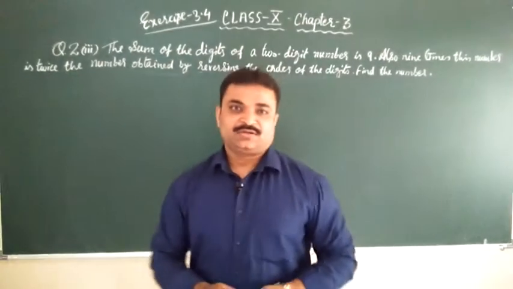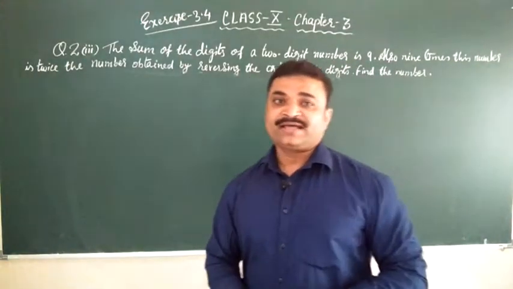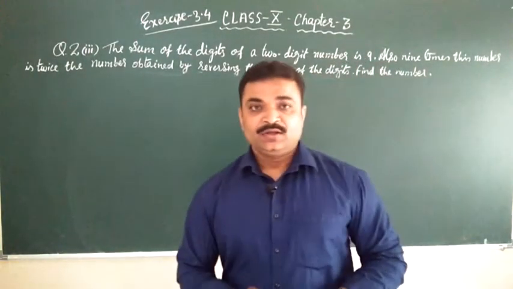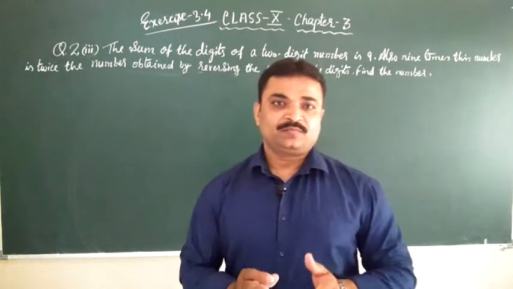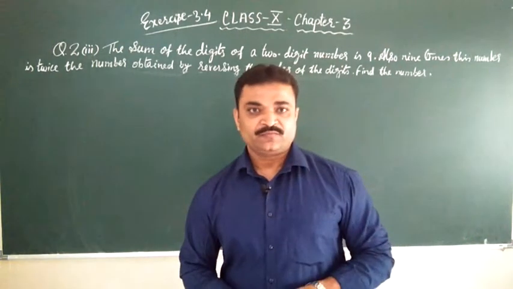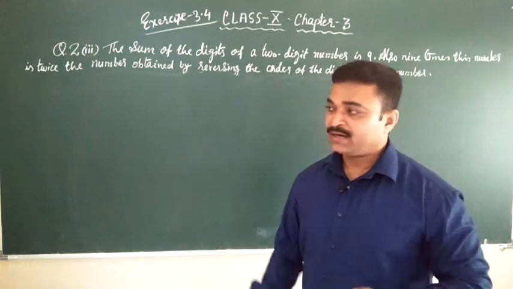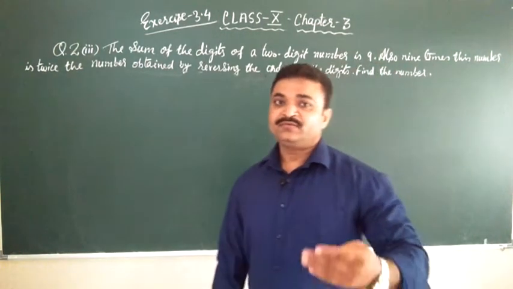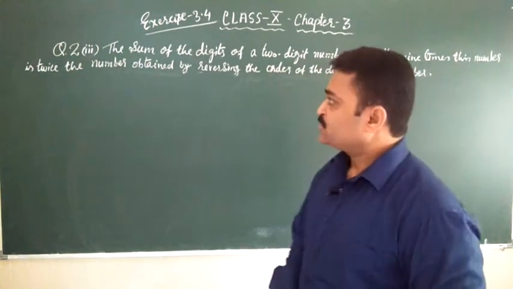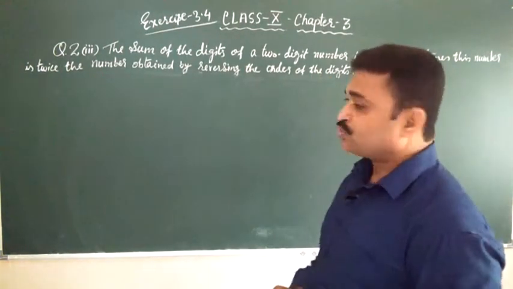Hello students. Now we are going to solve question number 2 of exercise number 3.4. I think question number 2, first part and second part you can do by yourself. So we will start the third part of question number 2, and after this we will do the fourth and fifth parts also. Okay. So in the third part, the question is: the sum of the digits of a 2-digit number is